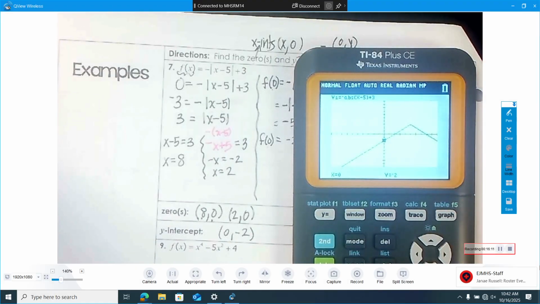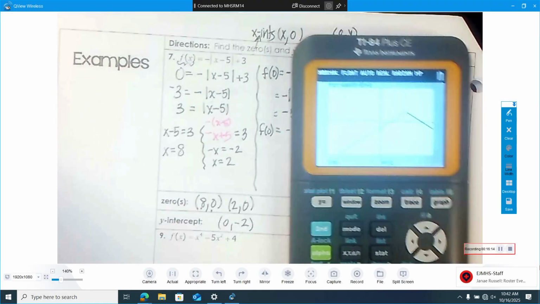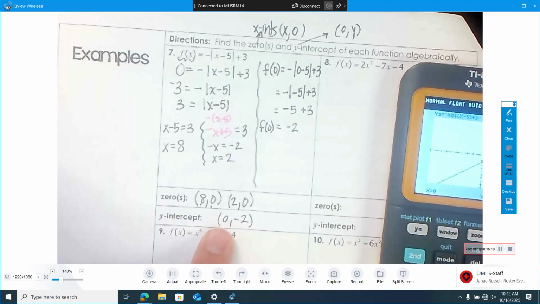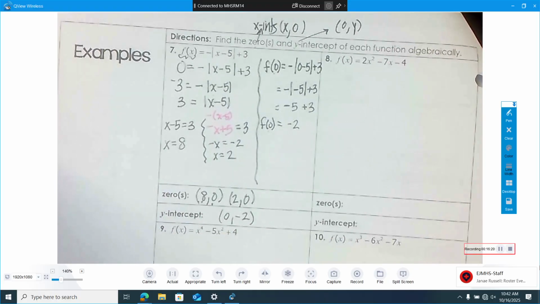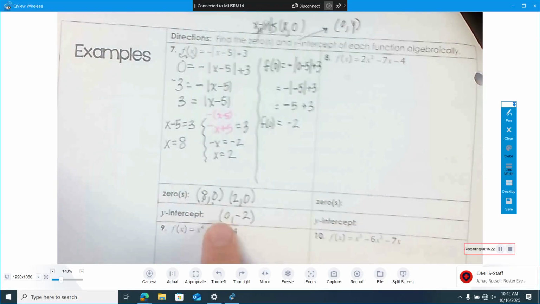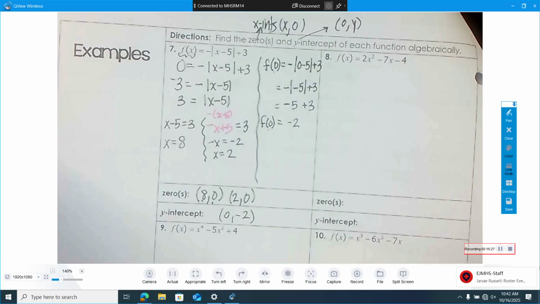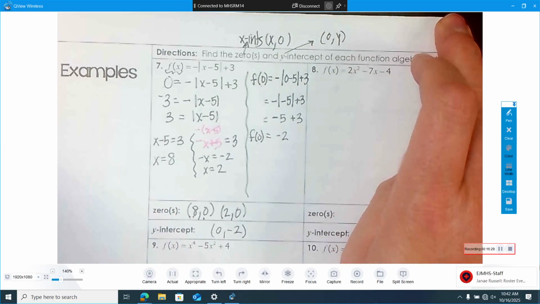I'm not sure if that version of the calculator will do that. Does it work? Only does for the x. Yes, you can only plug in x values. Yes, yes, so it does work. Good, excellent. So you can always plug in an x value, and then it can verify your ordered pair pretty easily. All right, let's look at